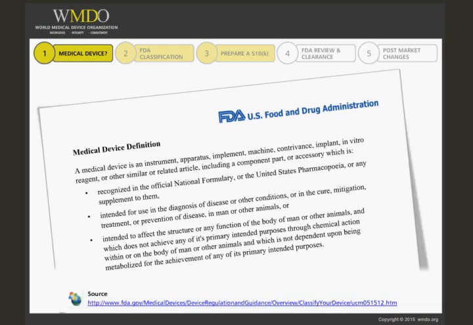First, you need to make sure your product meets the FDA definition for a medical device in Section 201(h) of the Federal Food, Drug, and Cosmetic Act. There's a link provided with this information for the definition for a medical device. If it is a medical device, it will be regulated by the FDA, and it will be subject to pre-marketing